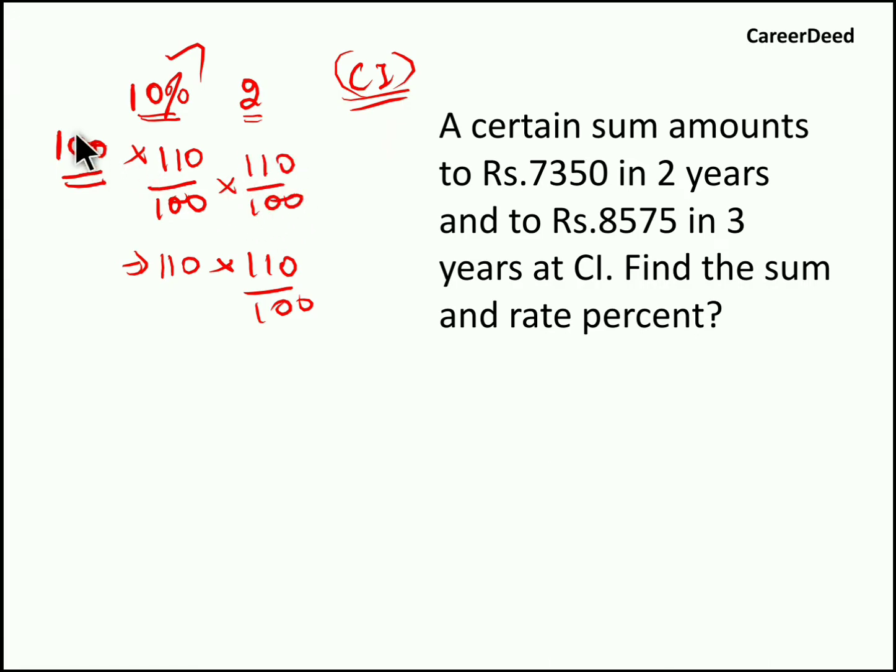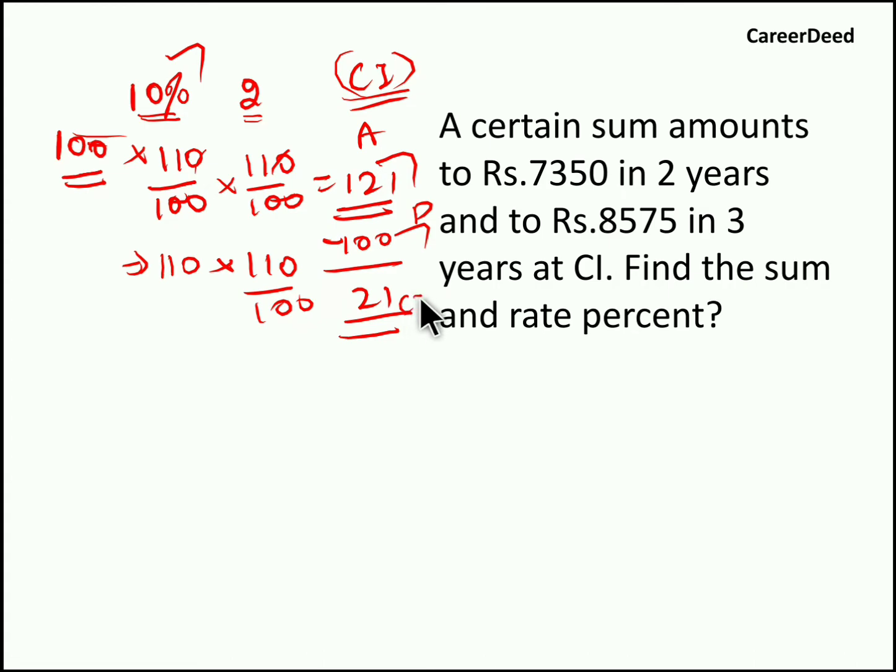So when you solve it, you will get 121 rupees. So 121 rupees is the total amount that you have to settle at the end of second year. Now what is the compound interest? So just subtract this principal from 121, you get 21 rupees. So 21 rupees is the compound interest, 121 rupees is the total amount, where 100 is the principal. So here total amount minus principal, you will get compound interest.